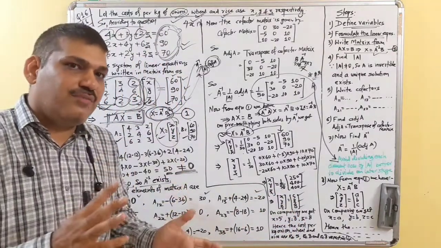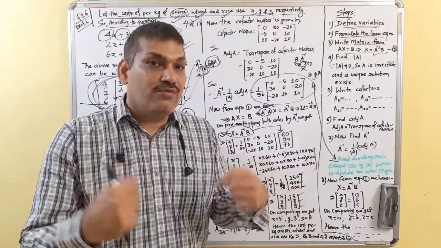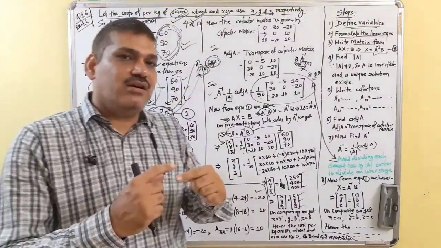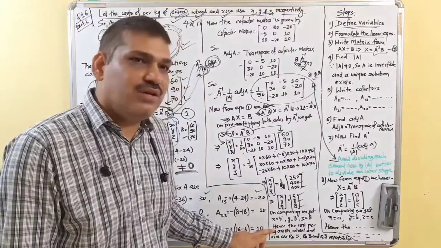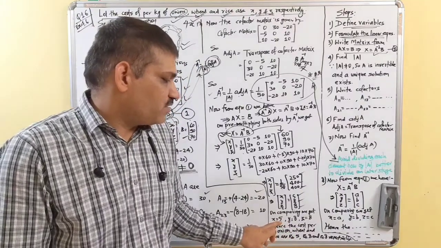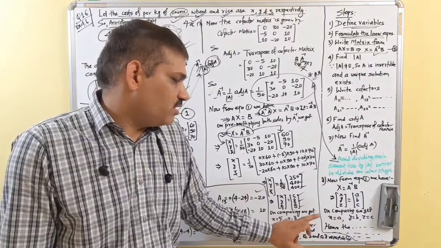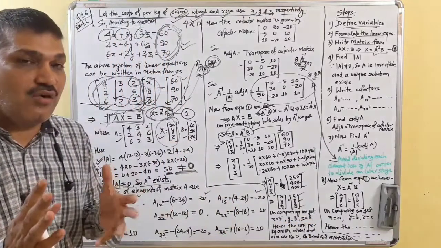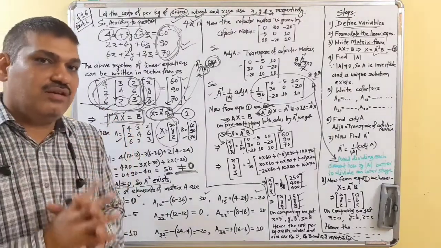See, this was a word problem. There wasn't any variable in the question. We have introduced the variable, so we are to answer in terms of the original question. So we must write the concluding line, that is, hence the cost per kg of onion is rupees 5, the cost per kg of wheat is rupees 8 and the cost per kg of rice is rupees 8. That is how we solve the system of linear equations.